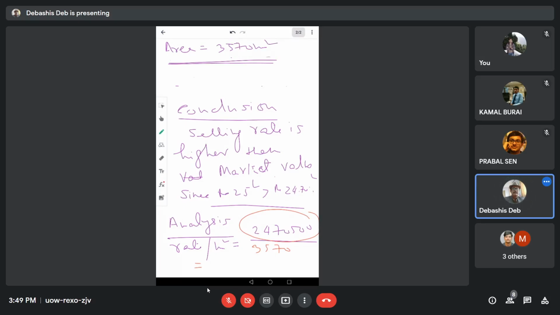হ্যালো, কত আসছে এটা ডিভাইড করলে? সবিক, হ্যাঁ, কত বললে? 69222